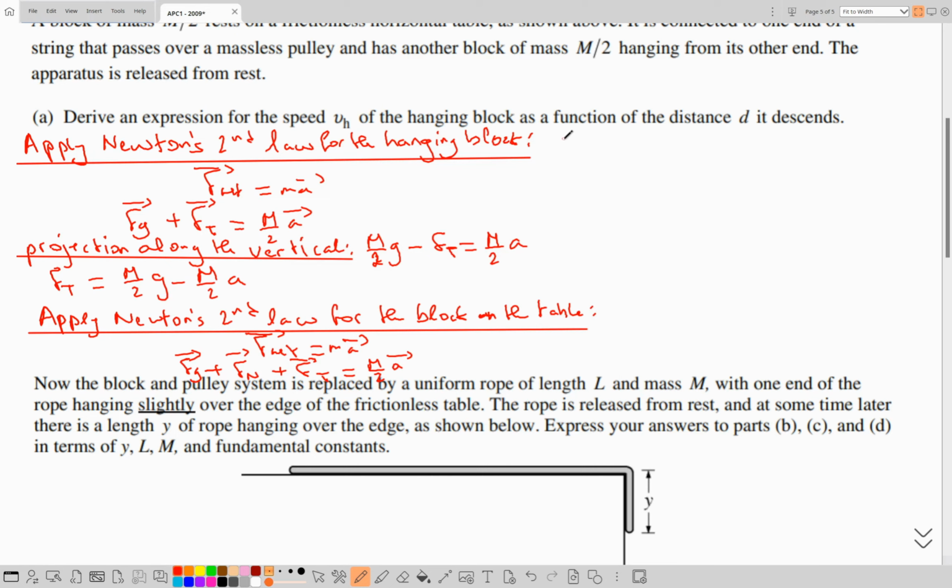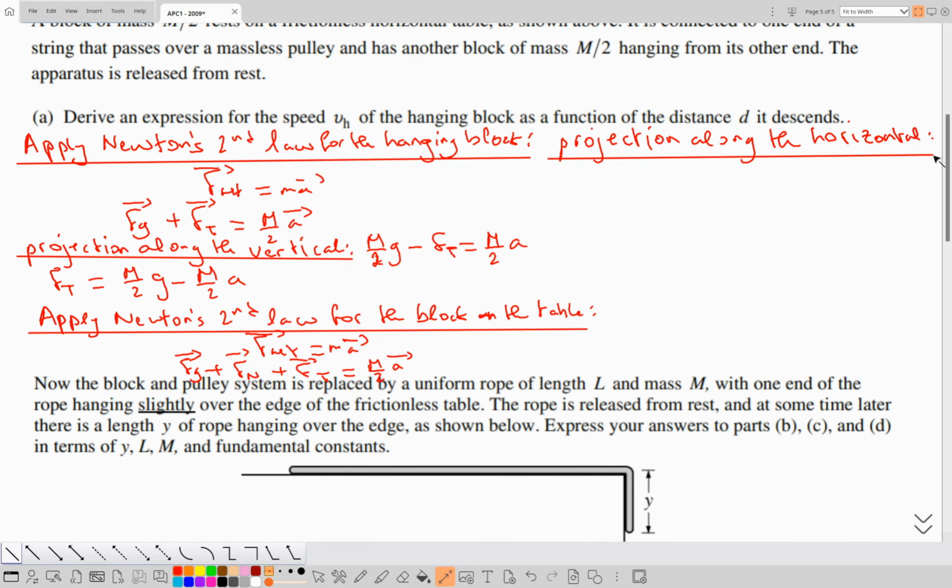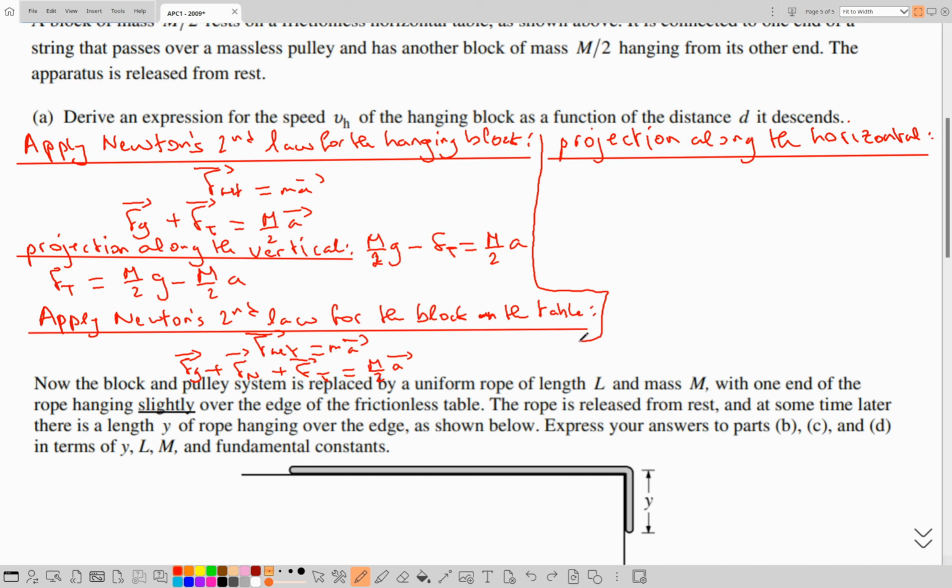And now we will do projection along the horizontal. The pull of gravity, its projection would be 0, as well as for the normal push. The tension would be positive because it's the one which is providing acceleration. Then T is given by m over 2 times a. Now we will equate both tensions, so the tension would be equal to the tension, which means m over 2 a